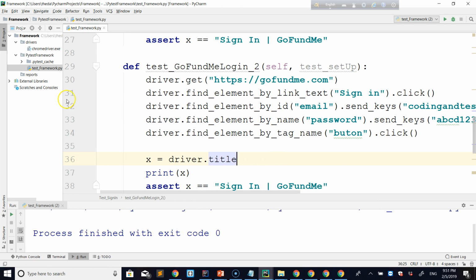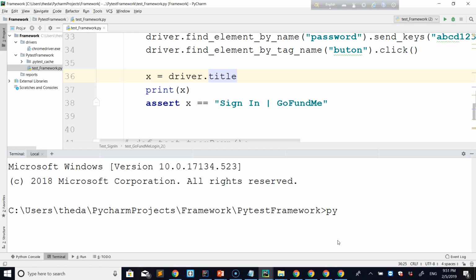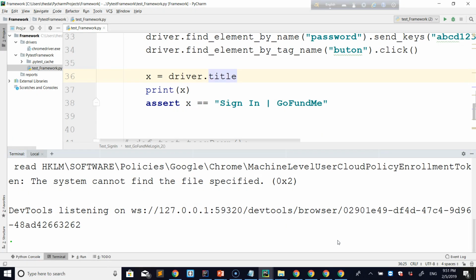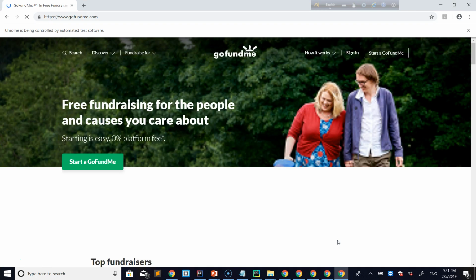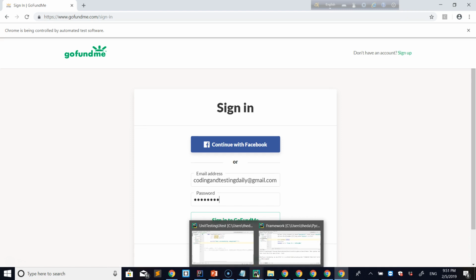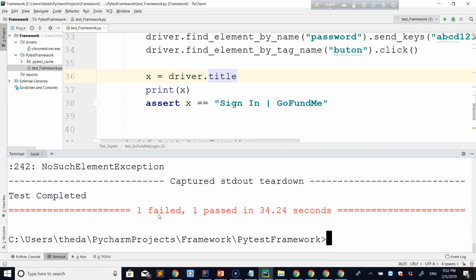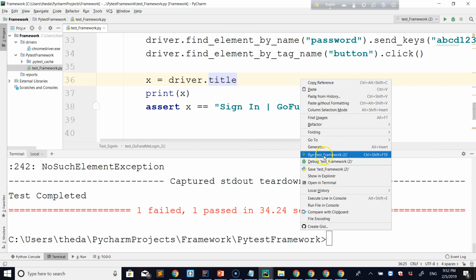Again, we have to run the test from the terminal. You can write pytest or py.test. And you see it's invoking the browser, expanding the window, clicking on sign in. Again for the second test, one passed and one failed. So we willingly make it fail. And if we now run the test,